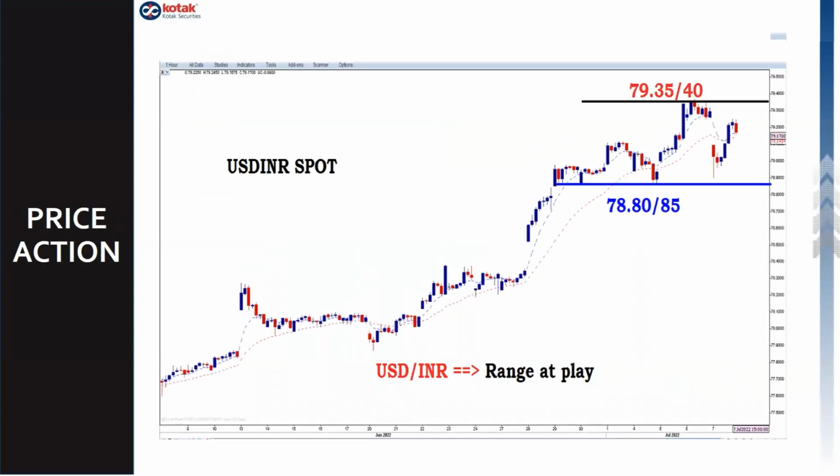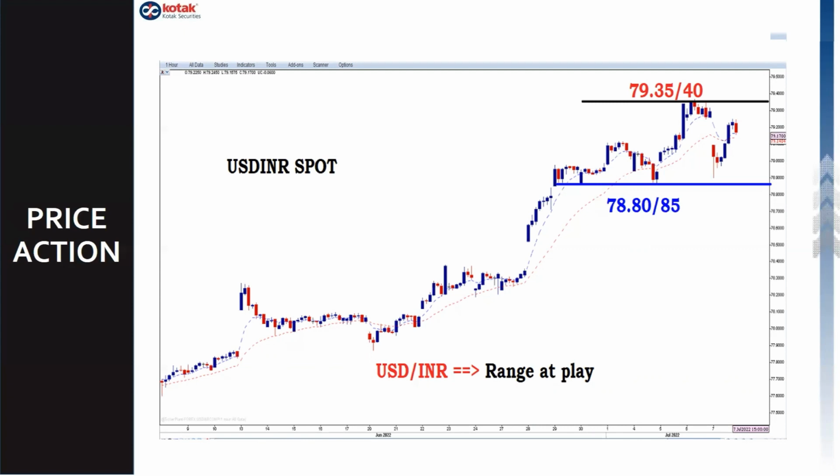Now the same thing is corroborated by the chart. We have a resistance. This is a spot chart. Futures trade at a premium. So 79.40 on the spot roughly means 79.55 on the futures. And I'm talking about the July end futures, that is July 27. And the support is around 78.85 on the spot, which means around 79 on the July 27 futures. So that's exactly what we saw on the option positioning as well.